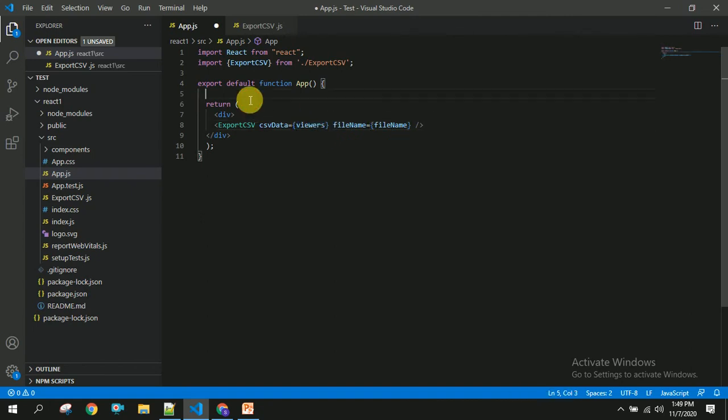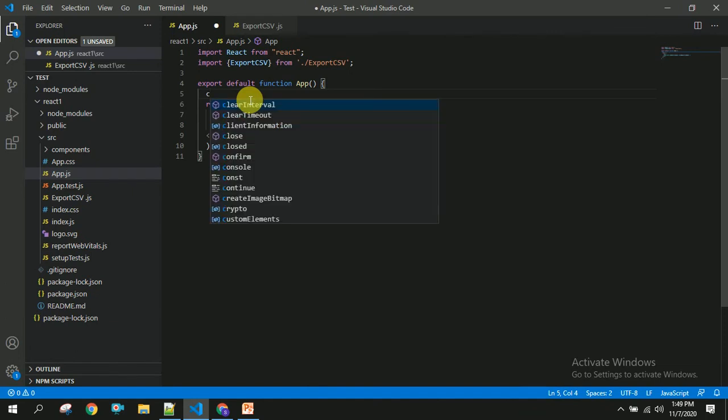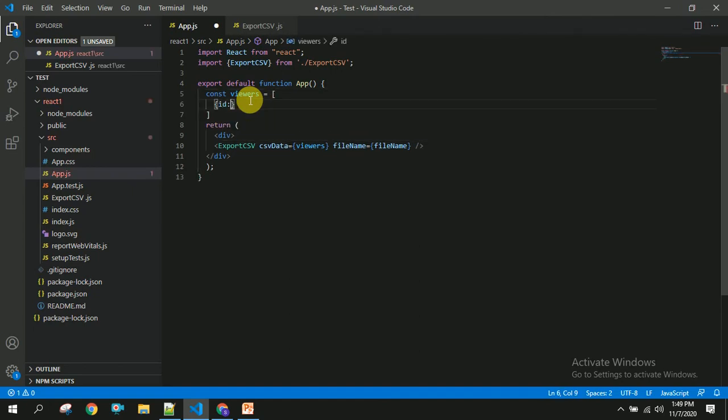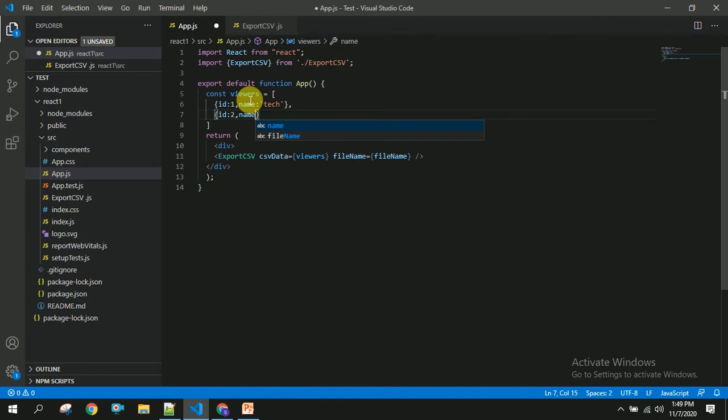So here I am creating a data structure array. You can give whatever properties you want, and I am giving properties called ID and name.